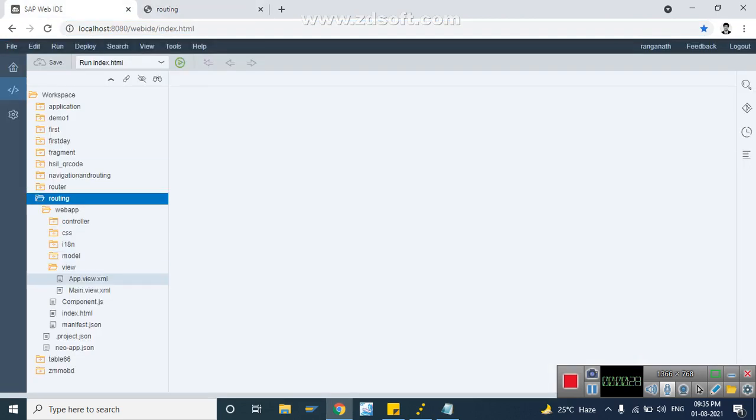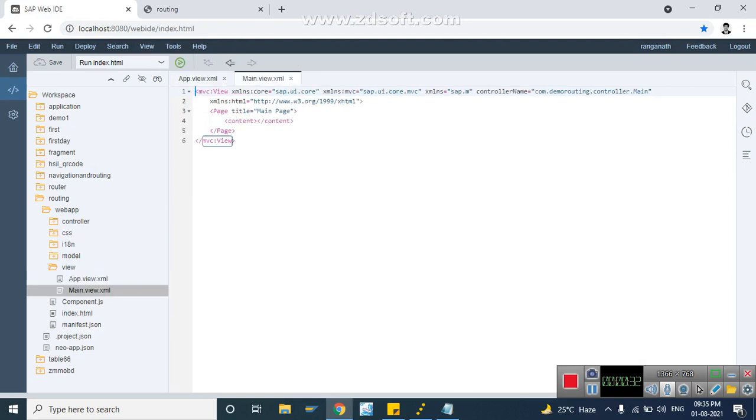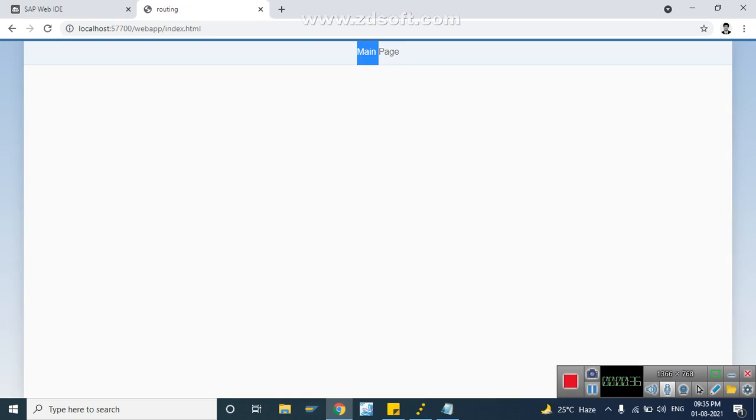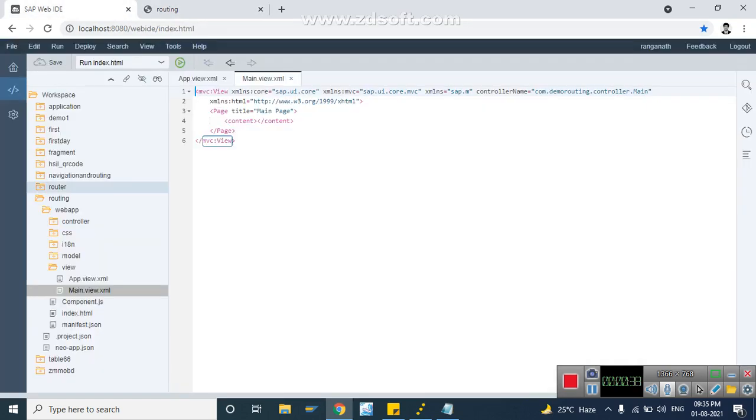Now we have app view and main view. Two views we have, and by default it is showing the main view. How? First of all, the UEFI application files will load sequentially, one after another.